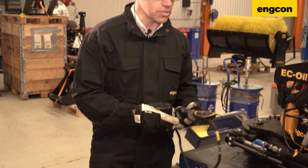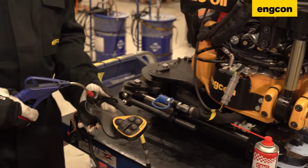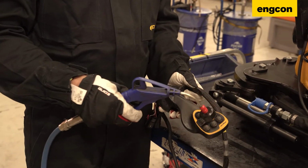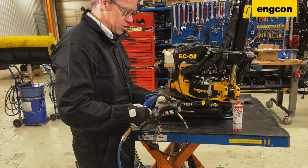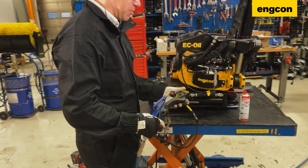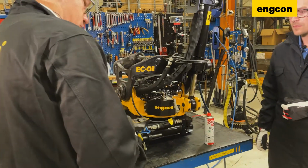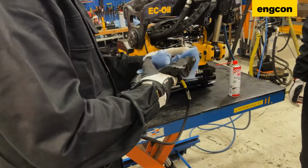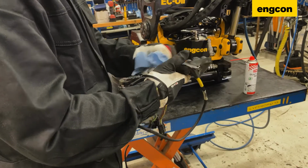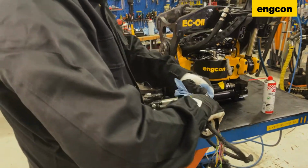So what we can do is just take this compressed air, or we just take the shop air, and we make sure that all the dust is coming out. We clean all the components. We move the rollers to the positions and make sure obviously that the machine is turned off. And we can also use a paper towel and make everything nice and clean. Maybe use some plastic treatment so you get all the greasy touch away from the joysticks and you have it nice and